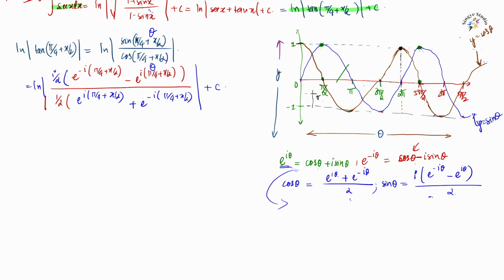If you look carefully, this half and this half get cancelled, and we will have ln of this i